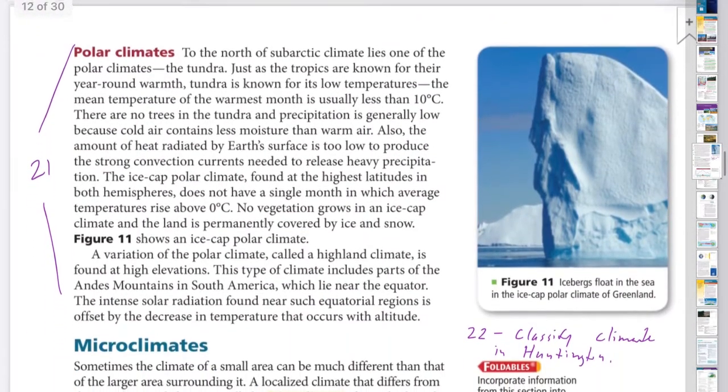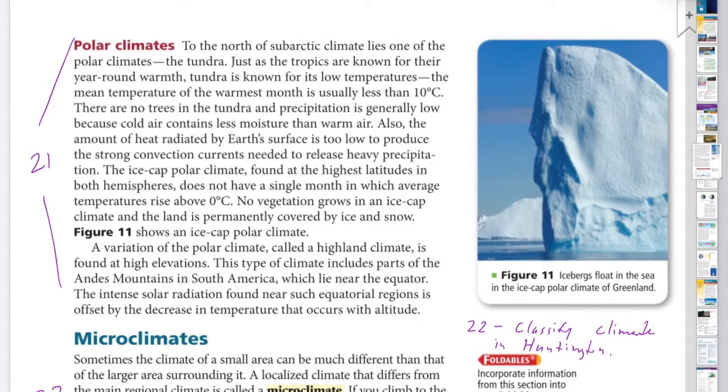Then we have polar climates. So to the north of subarctic climate lies one of the polar climates, the tundra. Just as the tropics are known for their year-round warmth, tundra is known for its low temperatures. The mean temperature of the warmest month is usually less than 10 degrees Celsius. There are no trees in the tundra. Precipitation is generally low because cold air contains less moisture than warm air. Also, the amount of heat radiated by Earth's surface is too low to produce the strong convection currents needed to